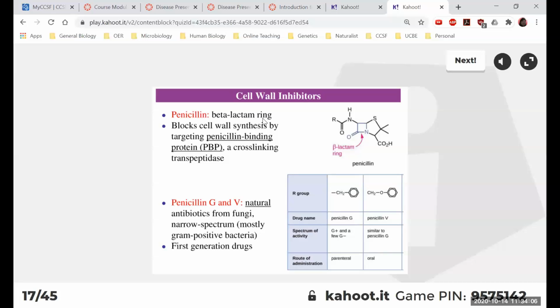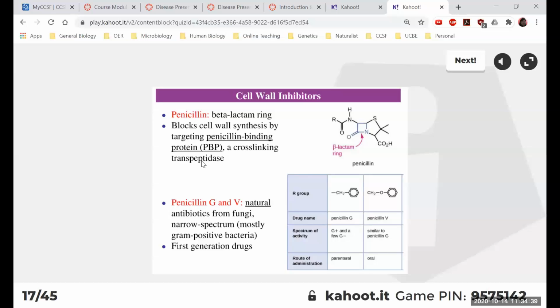How does penicillin kill bacteria or prevent them from growing? It can bind to an enzyme in bacteria called transpeptidase. If you remember, the cell wall of bacteria is made of peptidoglycans. So a lot of long sugar chains are cross-linked by peptides, so amino acids form peptides. When penicillin binds to this transpeptidase and inhibits its activity, the peptidoglycan cross-linking does not happen. So then cell wall synthesis is basically inhibited.